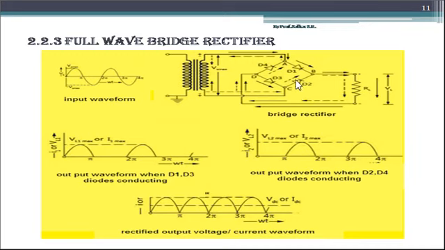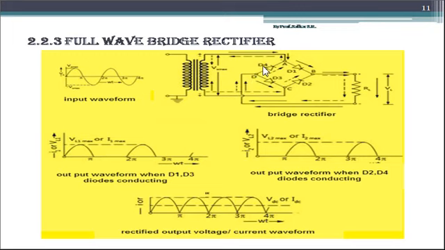Now diode D2 is in the forward biasing mode due to the negative half of the input AC signal. Now the wave forward biases D2, travels through point B. From point B it goes across the load RL. From load RL, this dotted line you have to follow, it comes again across this path. From this path it enters over here. From this path it connects to the point D.